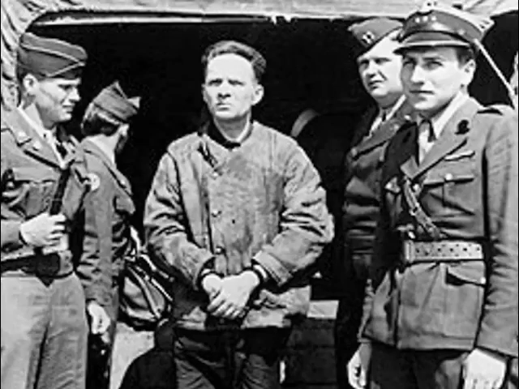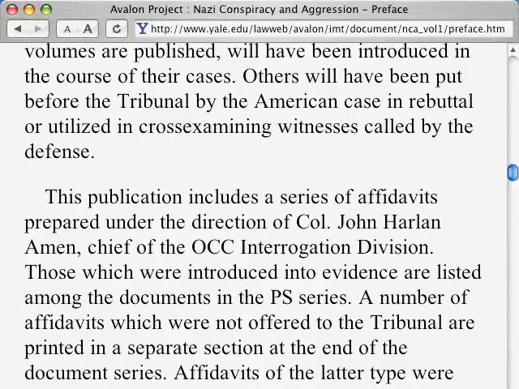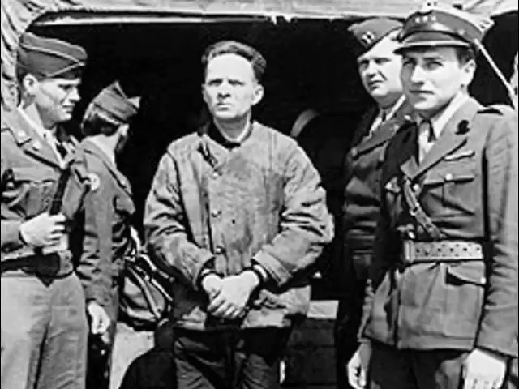He was the camp commander of Auschwitz. While at the prison in Nuremberg, Höss signed a confession, and when he was on the witness stand, his confession was read to him by American Assistant Prosecutor Colonel John Amon. Amon was a prosecutor, but he had another position at Nuremberg as well. He was the head of interrogations. After Höss appeared at Nuremberg as a witness, he was then turned over to the Polish government and executed a